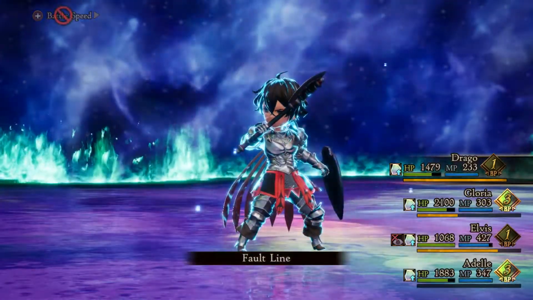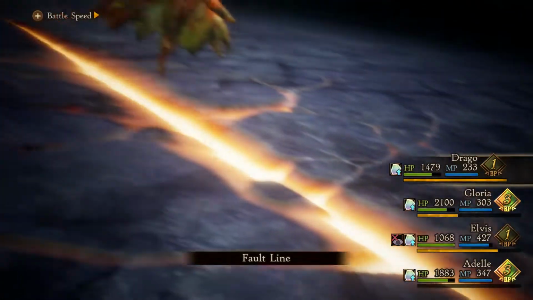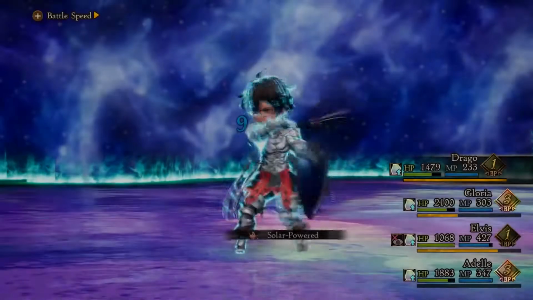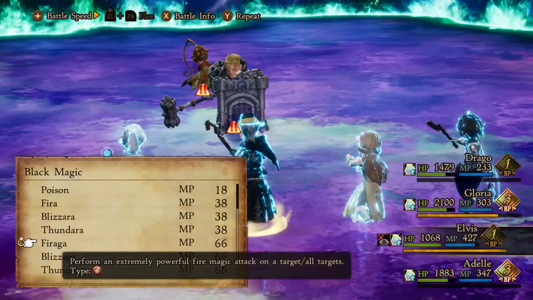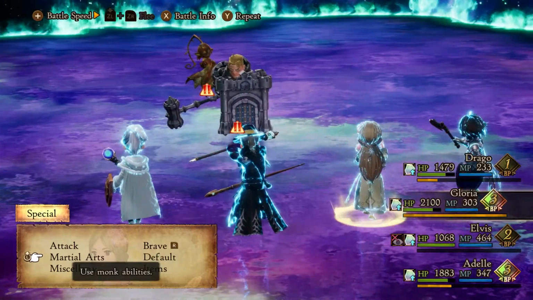I feel like I might as well. I feel like there's no reason not to. So that should be a pretty consistent 1500 damage, 1700 damage, occasionally more than that when I use it in battle. All right, that'll be making some headway on Pictomona. I am going to default with Elvis. Gloria,